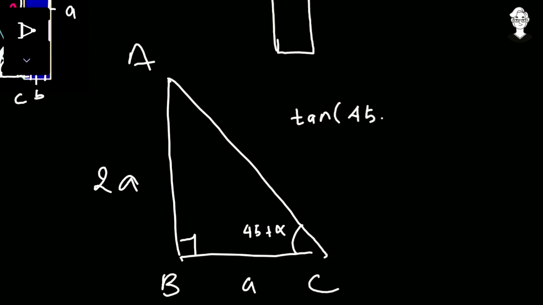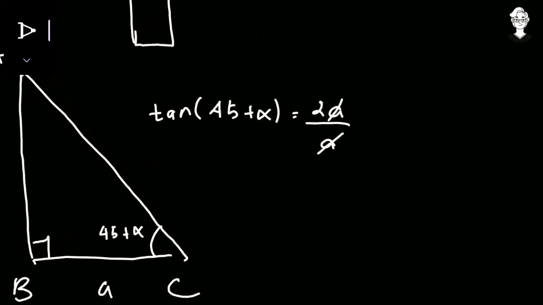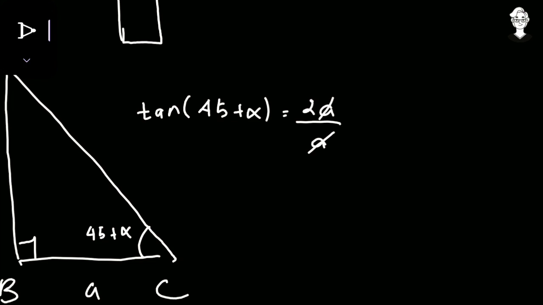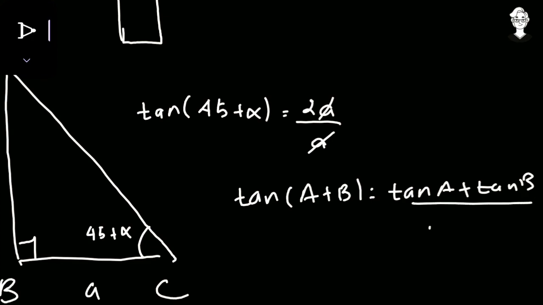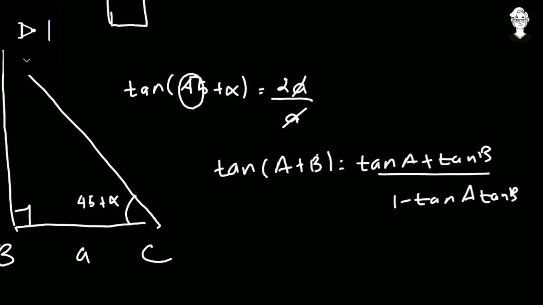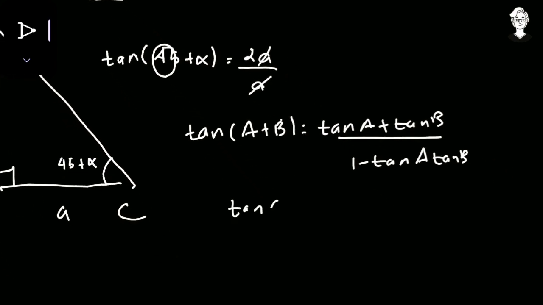As it is a right angle triangle, so all things normal: opposite, that is 2 times a, and the base, that is a. So a and a got cancelled. So we have that tan of 45 plus alpha is equal to 2. So what is the identity of tan of A plus B? Tan of A plus B is nothing but tan A plus tan B divided by 1 minus tan A tan B. Just replacing A with 45 degrees and B with alpha